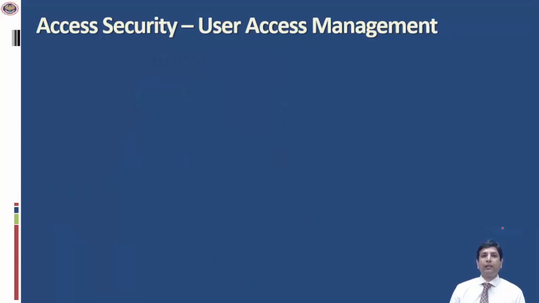First up, we will look at user access management. User access management involves the granting of access to users. It could be new users or it could be existing users who are being provided new access. For example, when a new employee joins a company in the stores department, a new user ID is created and granted access to the network as well as to the ERP to process goods movements.